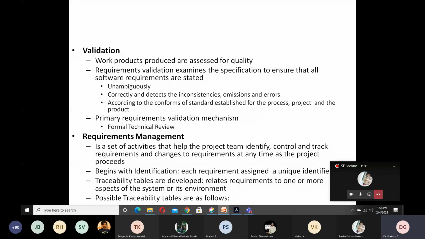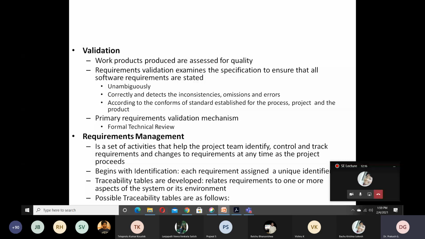This is where we are talking about requirement management. The requirement management should know how to construct this requirements traceability matrix. Tracking the requirements from the later phases has to be done. Also, if there is any change in requirements, it should be updated immediately in the design, followed by the development. That also should be managed properly. So that is where we talk about the traceability tables, which are planned and created during this requirement management phase.